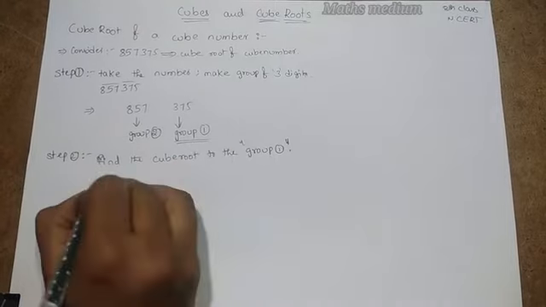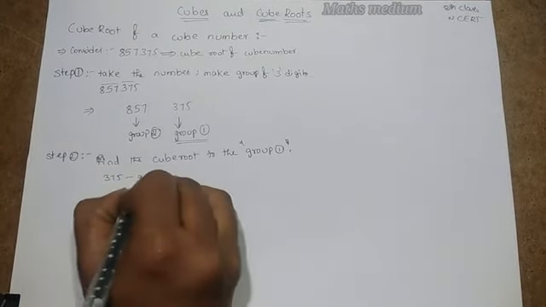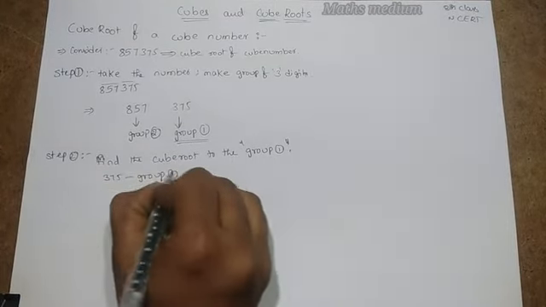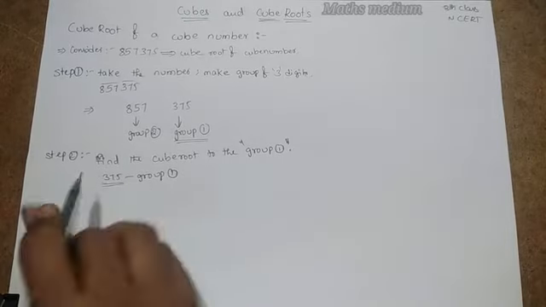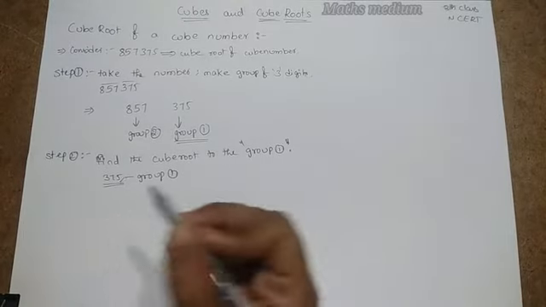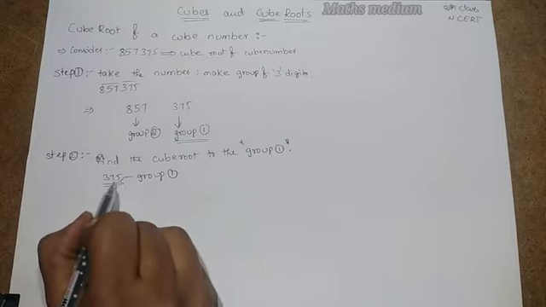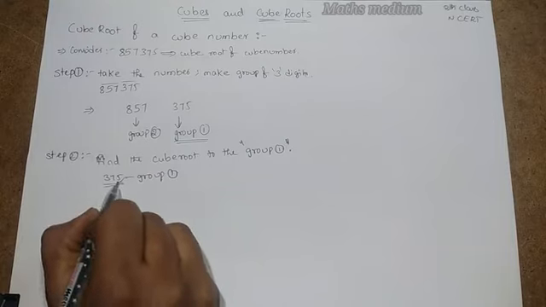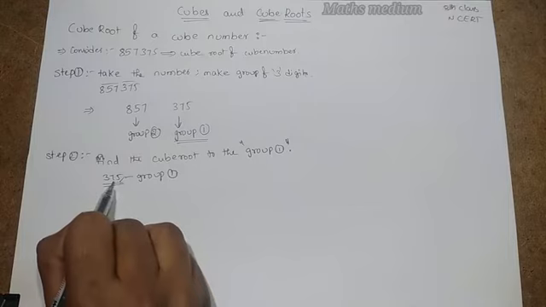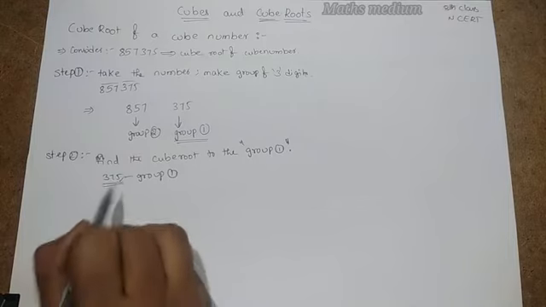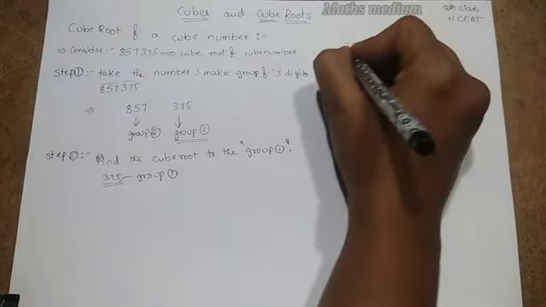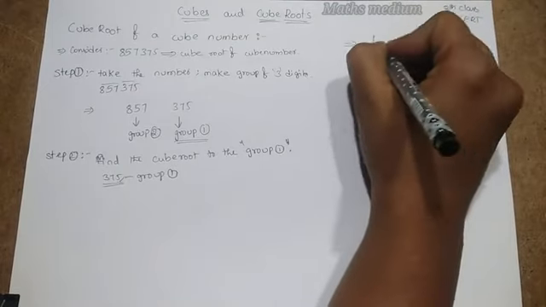Take this number 375. This is group 1. Now we have to find the rough estimation of the number. See, here we have 5. We know the multiple rules. If a number ends with 5, that number is divisible by 5 only. So in the units place,